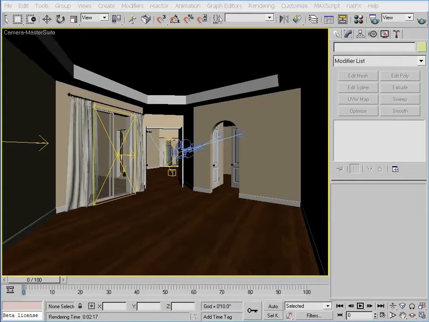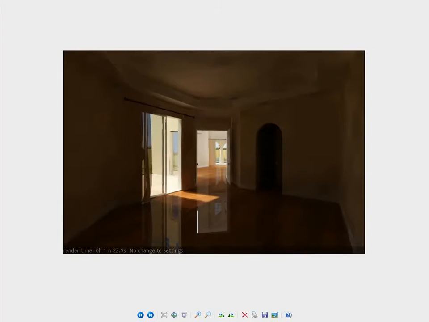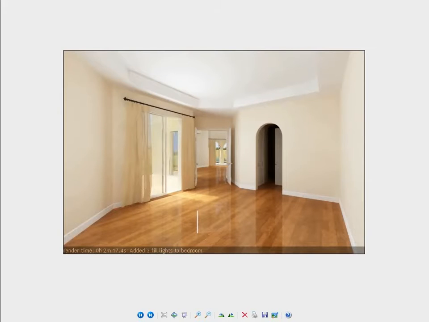With these three lights added to the bedroom, the room goes from looking like this, which is fairly dark, to looking like this. And I think this looks good. It's a good amount of illumination for this room, but I really dislike the lack of light that's getting into